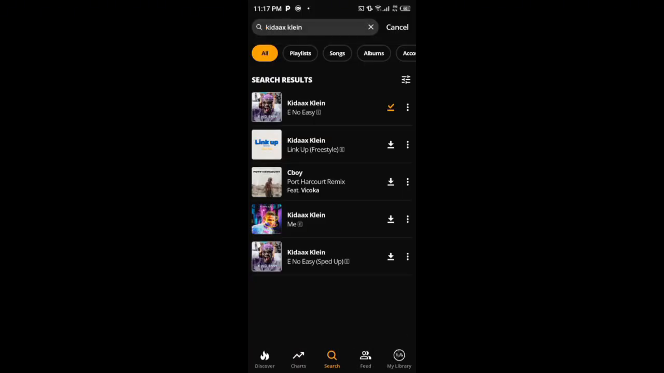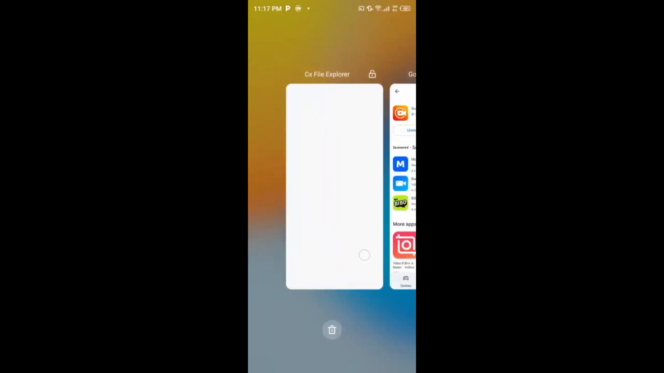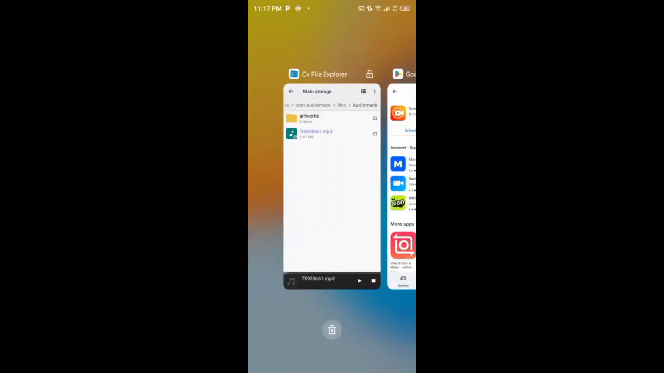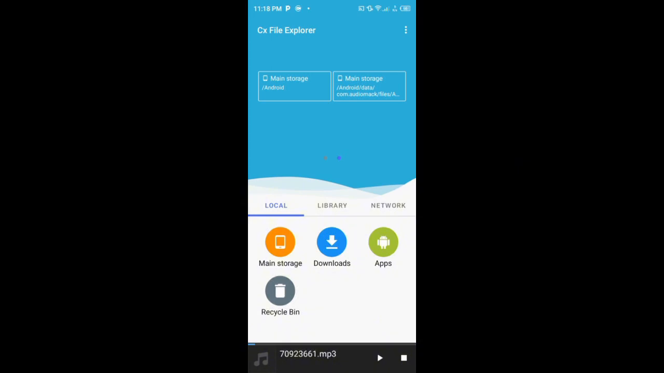Then we are going to leave the Audiomack app, then head to our file manager. So for the file manager, you are to download this app. It's called CX File Explorer. It's on Google Play Store. Then after you download the CX File Explorer, you click on main storage